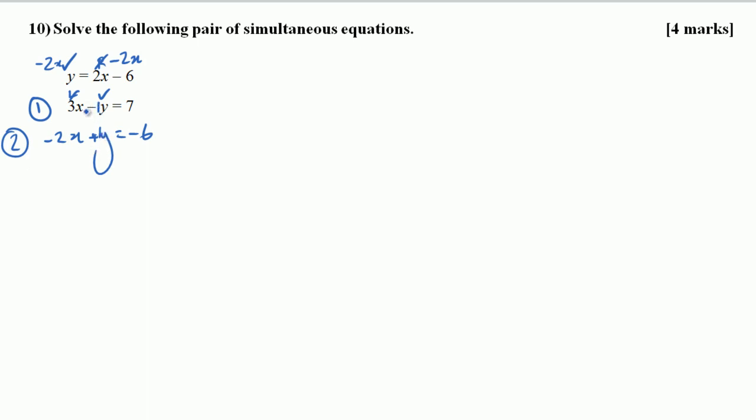So if we have a negative 1y and a positive 1y, how would we get rid of that y? How would we eliminate it? Well, what we need to do is we need to add them together, because when we do minus y plus y, they'll disappear. So what we need to do is we do 3x